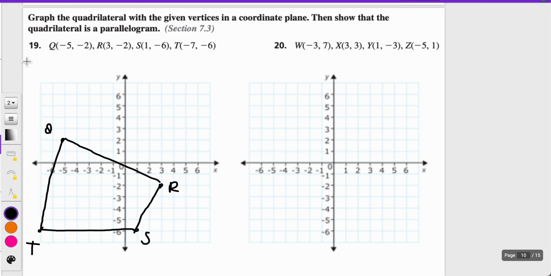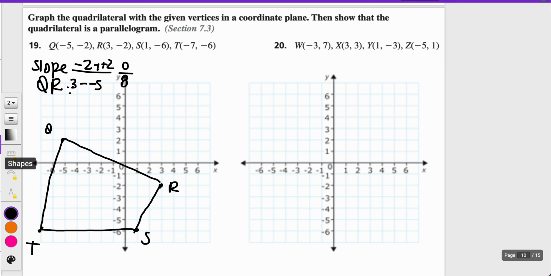Okay, so for QR slope, I'm going to have -2 minus -2 over 3 minus -5, so that'd be 0 over 8,